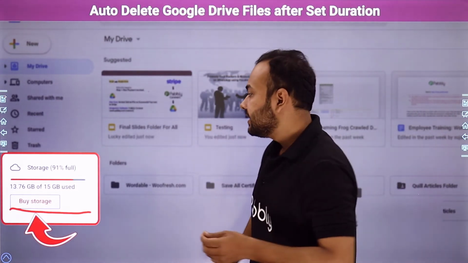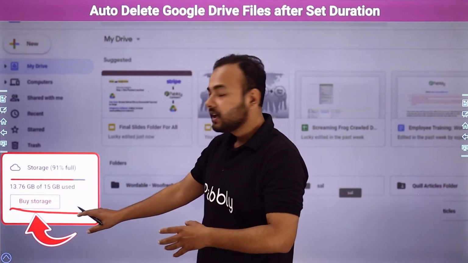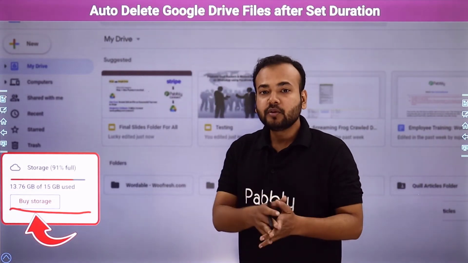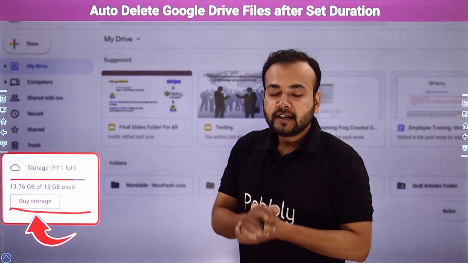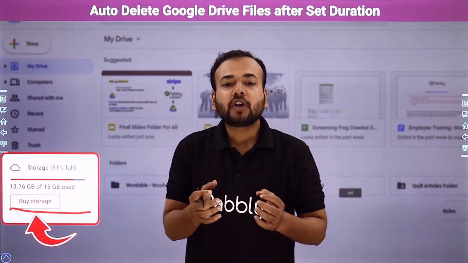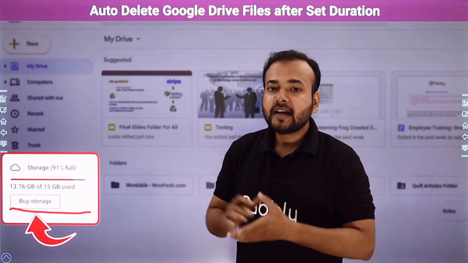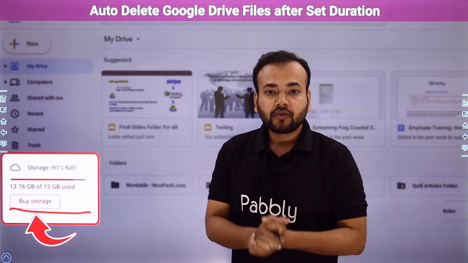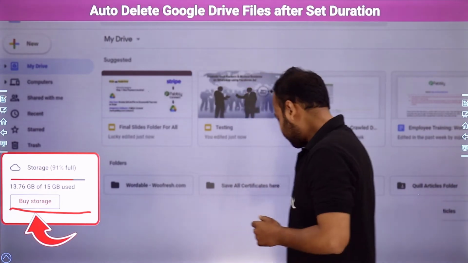And we used to see this sign of storage space is full and buy more storage very frequently in our work. Okay, so what generally you do, you go to your Google Drive, sort out the obsolete files and delete them manually, and that consumes a lot of your crucial time and energy. But by the process that I'm about to tell you, you can automatically free up storage from your Google Drive. Yes guys, let me show you how.